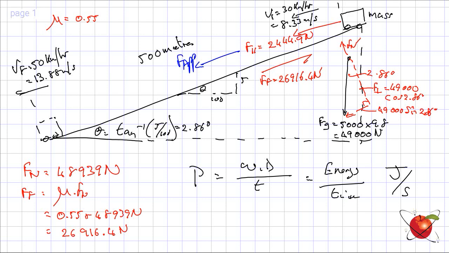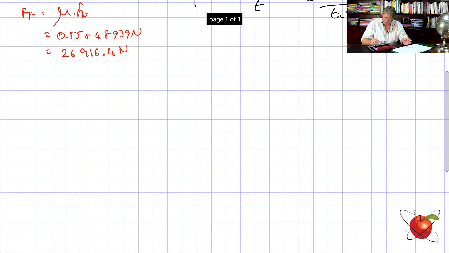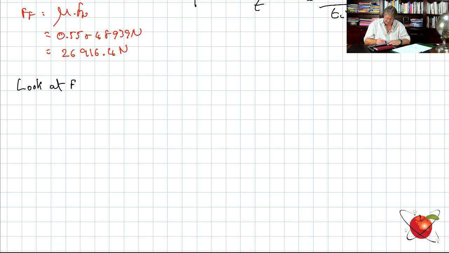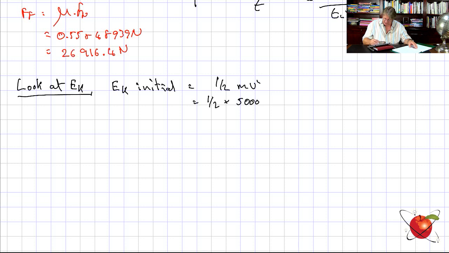Okay, what do I do now? Now I go along and I say, let's always look at the E_k first, shall we? Let's look at kinetic energy first. It doesn't matter which one you look at. Let's look at E_k initial. The initial kinetic energy is a half m v squared, which is a half times 5,000 times 8.33 squared,